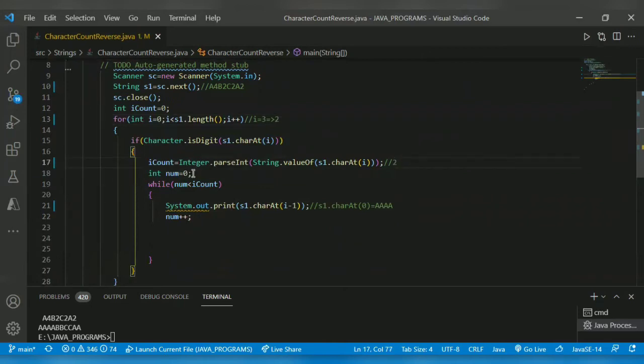Num is reinitialized to 0. 0 less than 2, the condition is satisfied. s1.charAt(i minus 1): now i is 3, 3 minus 1 is 2. So s1.charAt(2), in the given string 0, 1, 2, is B. So it will print B.